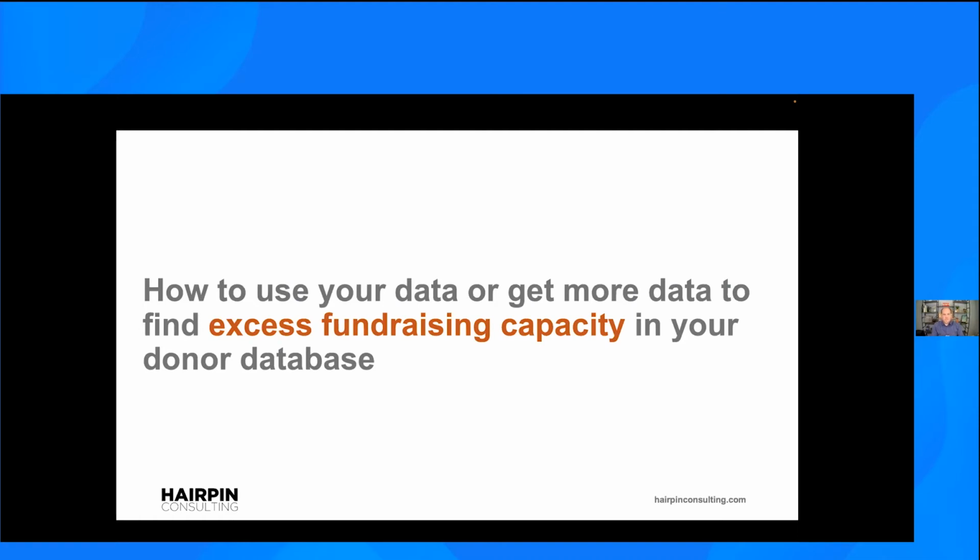You may be choosing to look for people in your database who give to other nonprofits in your local area or nationally that are similar to your organization. And so then you can find out, hey, they could be actually giving more to us. Or you're looking at donors where you have a birth date. You're looking for donors who are at some older stage in life and that you can target in a planned giving effort. Or even down to, you're just looking for people who are high net worth households in your database,